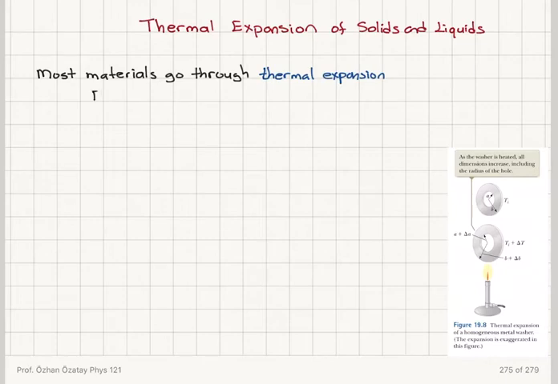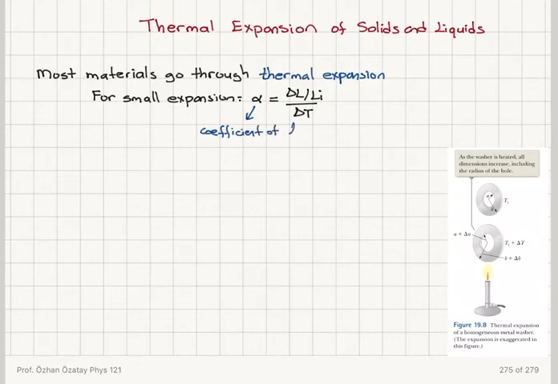So for small expansion, there is a material dependent coefficient alpha, which is telling us the change in length divided by the original length per unit change in temperature. This material dependent coefficient is called coefficient of linear expansion,